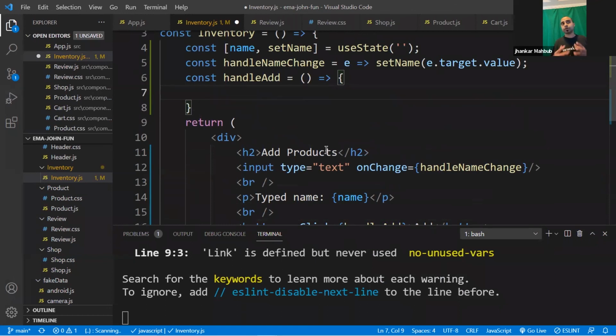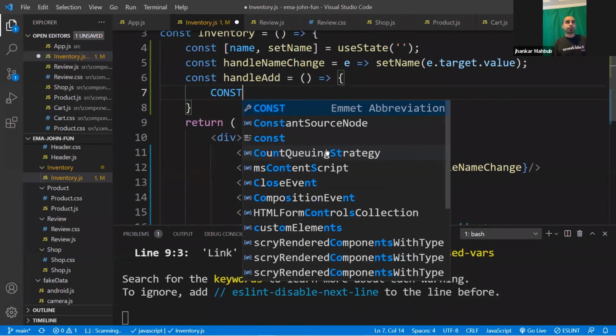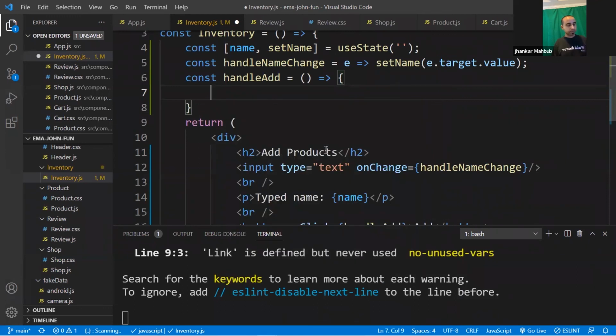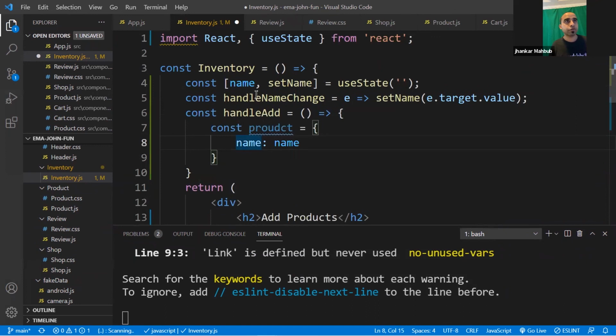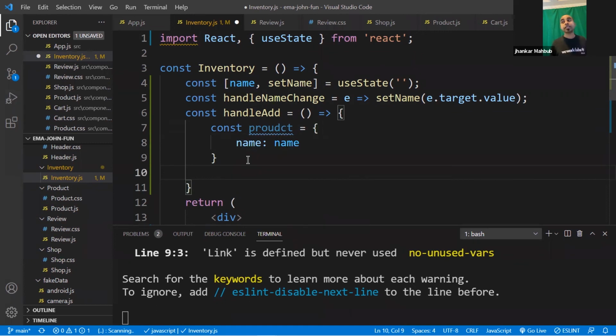And now you need to create a product. So this would be const product, and this is all the product-related information. Right now we only have the name, and the value of the name property would be this name. If you have other information, you will have a state. That's one way. Or if you use React Hook Form, they will give you a big form with all this data. But anyway, you can create a product. Whenever they handle this, now you need to send this to the backend.